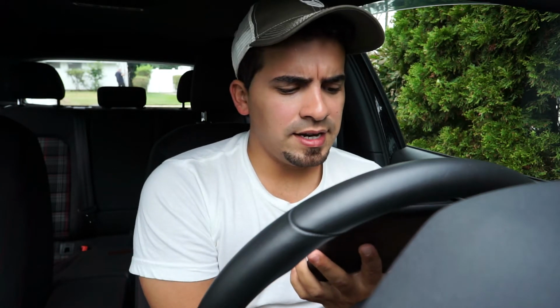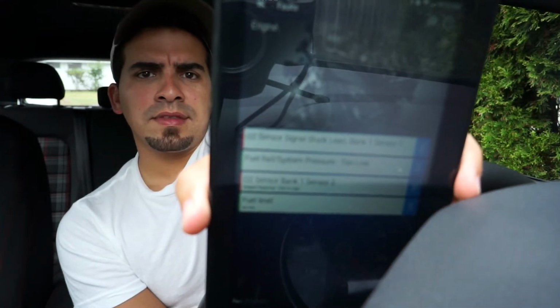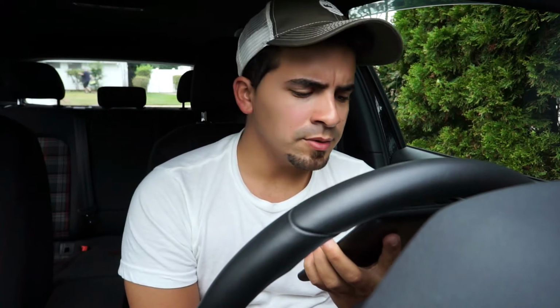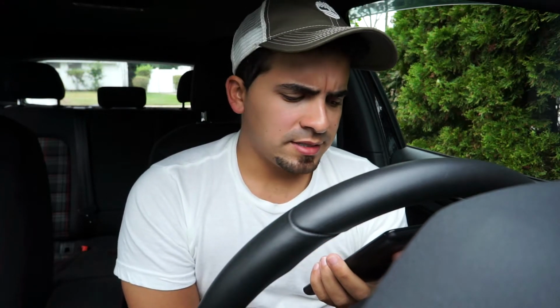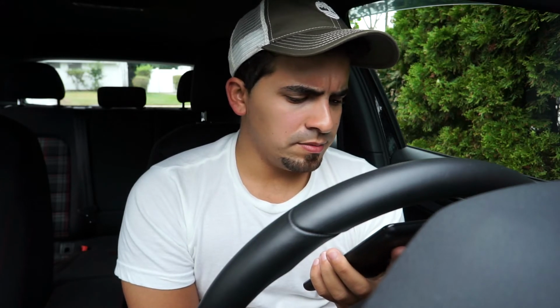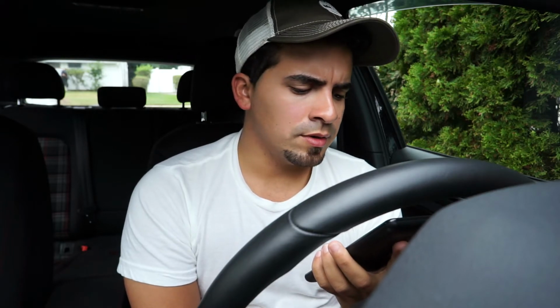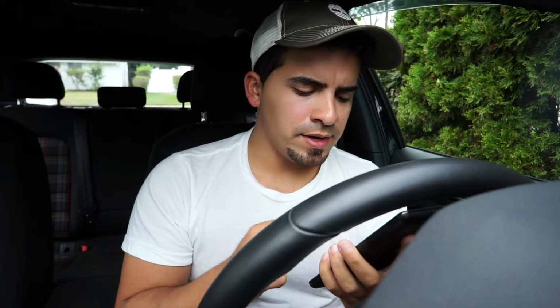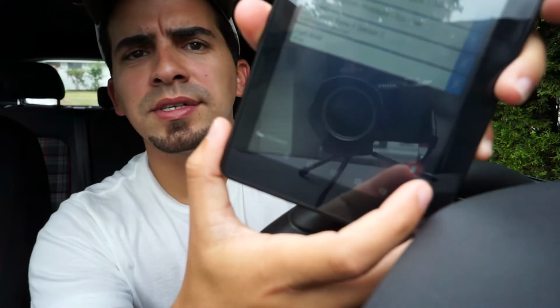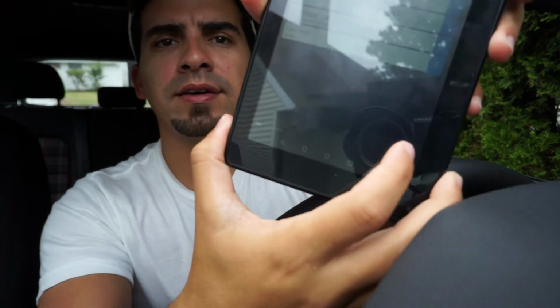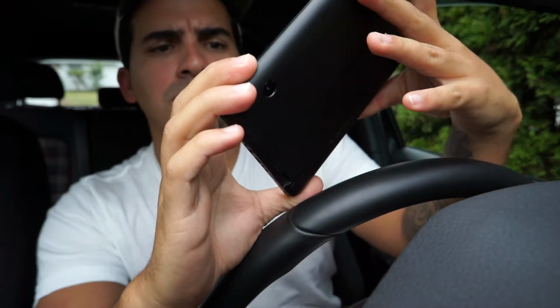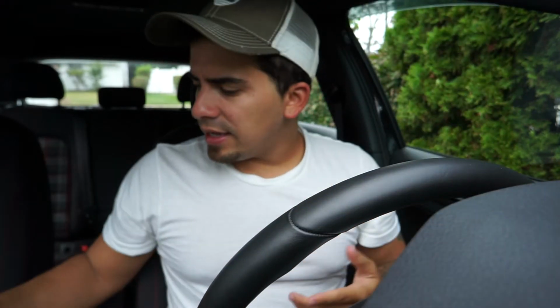All right, and I have pretty much just the O2 sensor. For me, it says O2 sensor signals stuck lean, bank sensor 2, fuel rail system pressure too low, fuel level low, blah blah blah. O2 sensor bank 1, sensor 2, rich and lean. So pretty much I know exactly what's wrong with my car now, and I'll explain that to you guys in a second. If you hold the erase button at the bottom, that erases the code,